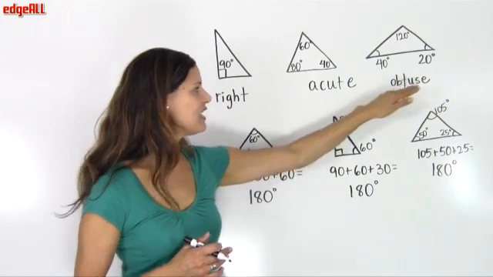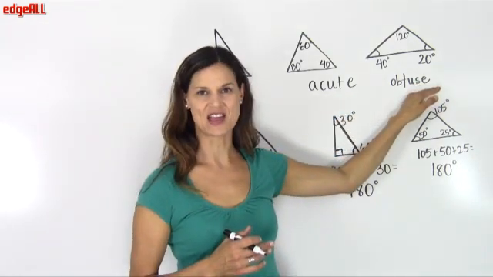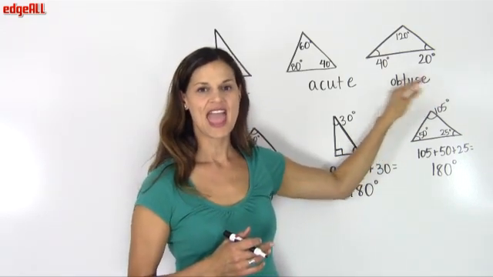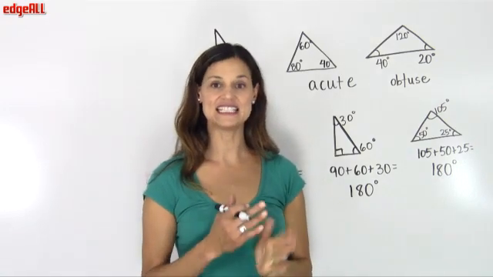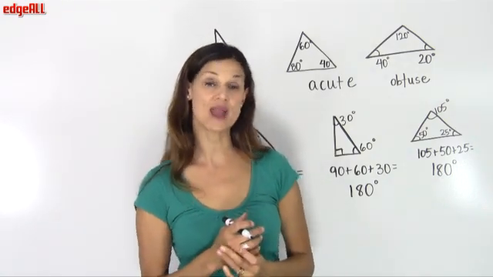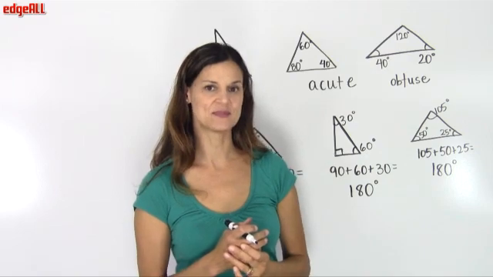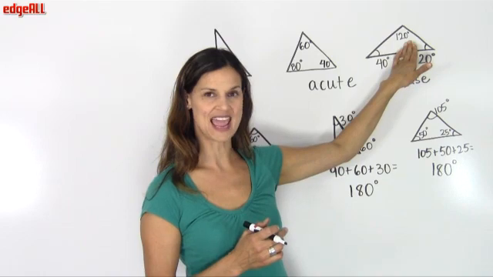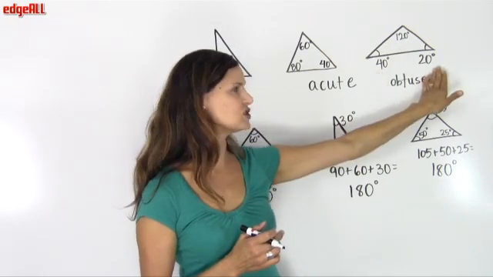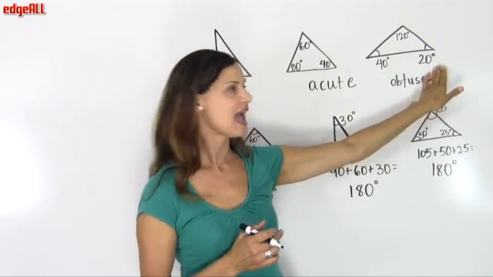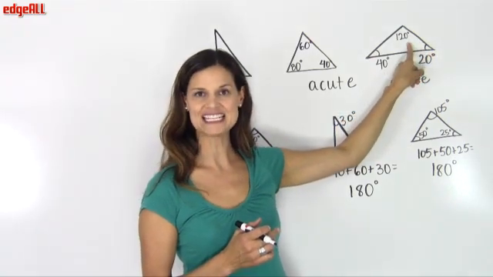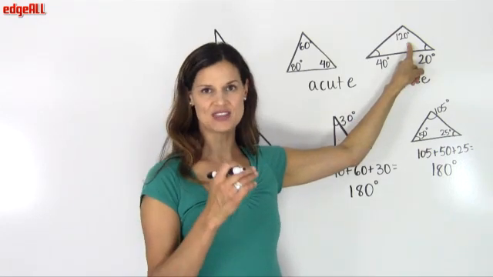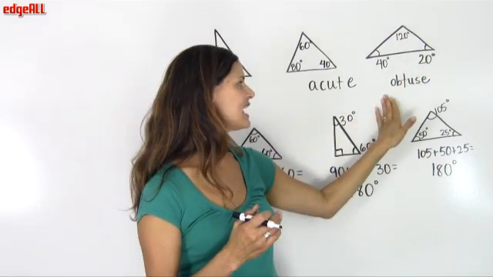triangle. The third type in relation to the angles is called an obtuse angle triangle. And an obtuse angle triangle contains one angle greater than 90 degrees. So in this case, I have 120 degrees in one of my angles, 40 degrees and 20 degrees in the other two. And so since this triangle contains one angle whose measurement is greater than 90, that makes this an